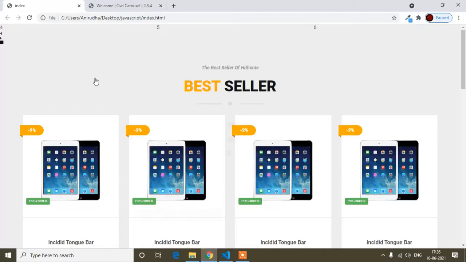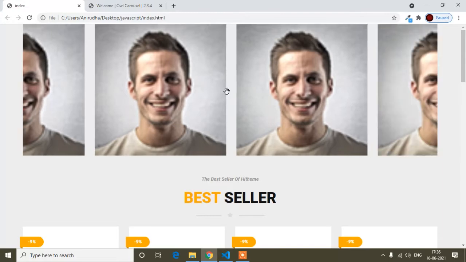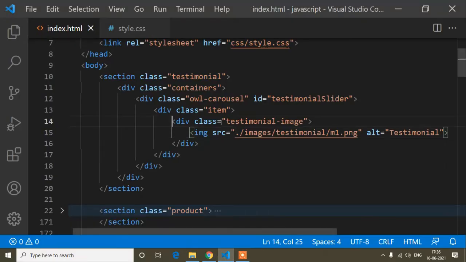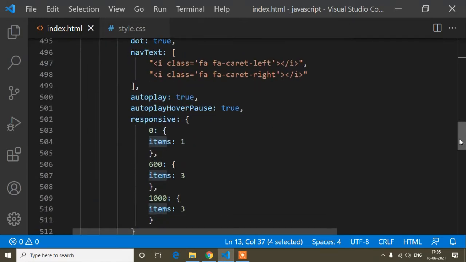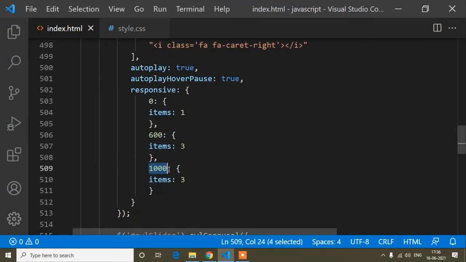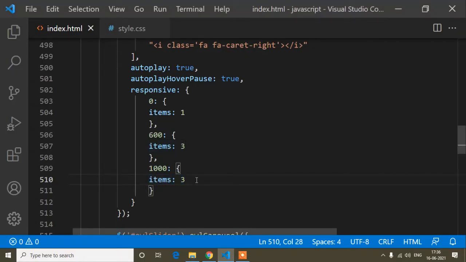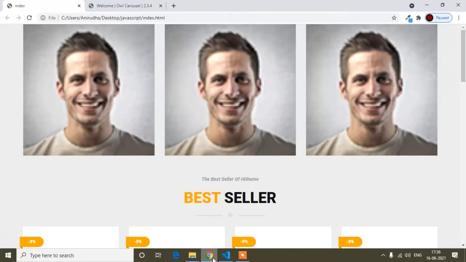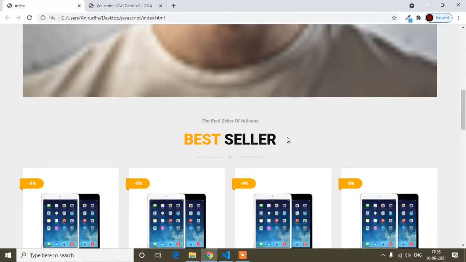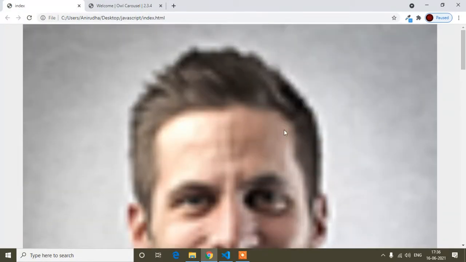First of all, if I save and refresh here, you can see it's showing the image. The item is one, you can see one item. But I defined that when the screen size is 1000 pixels, the preview items will be 3, so that's why it copies the one item up to 3. Actually the item is 1. When I use the testimonial slider, I will show one item all the time. If I refresh, you will find one item, and the image is too big, which I will fix later when I write the CSS code.